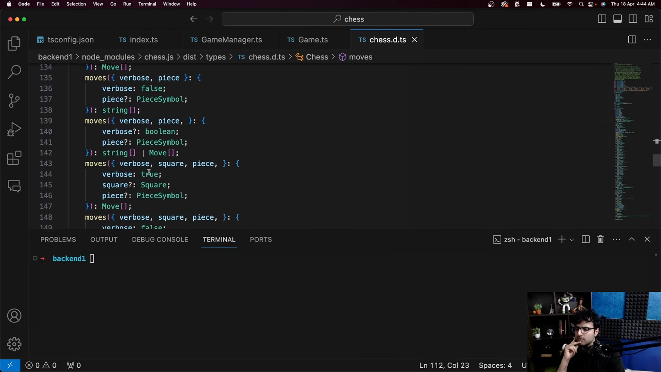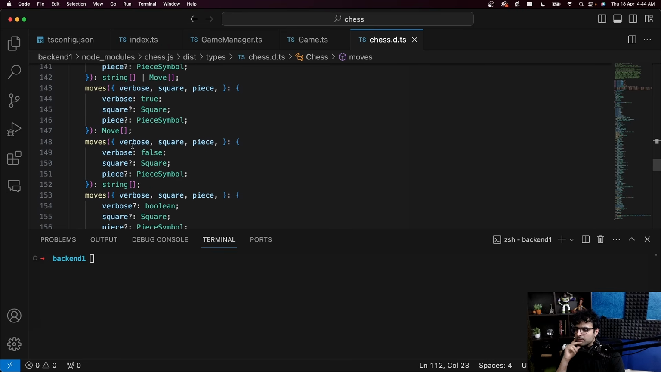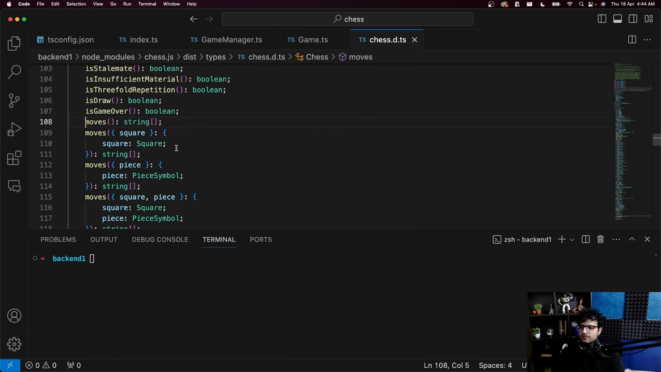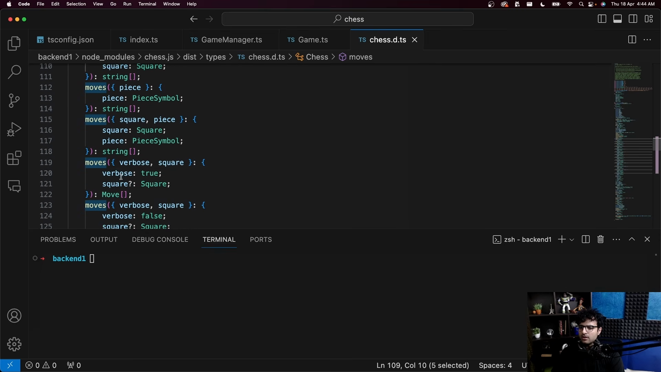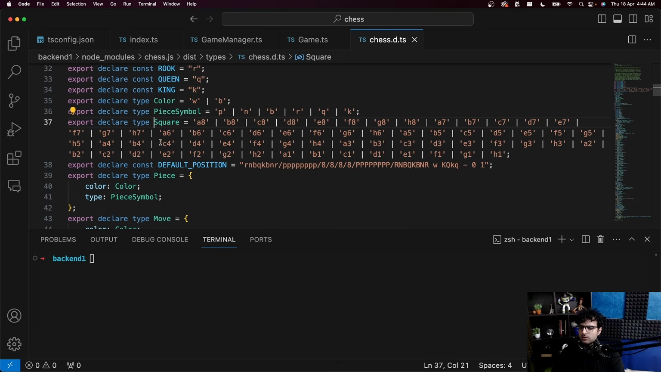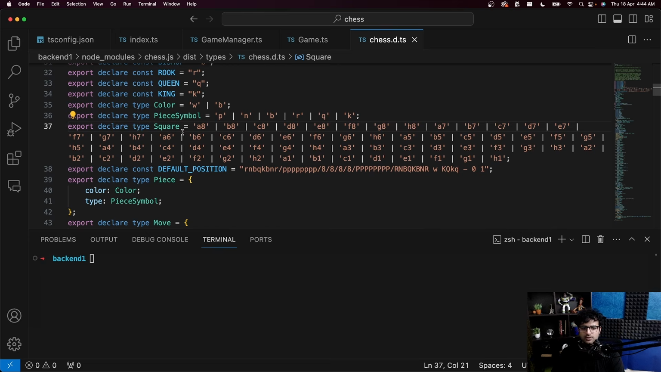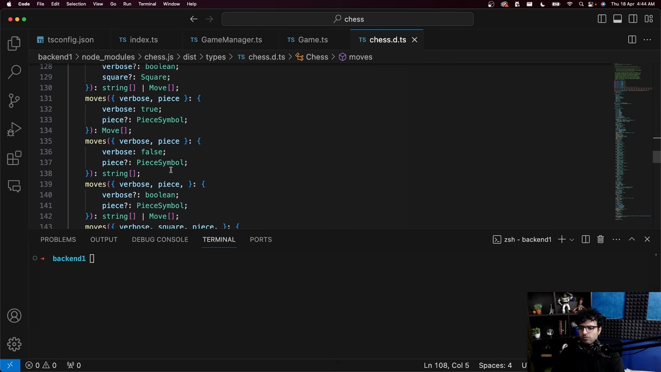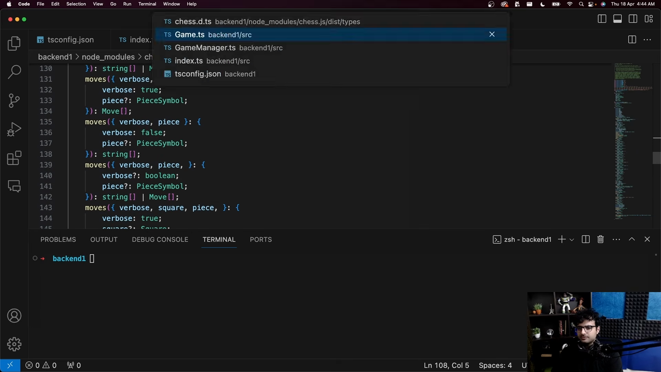Okay, moves takes a bunch of inputs. Move, whatever is move. Oh, this is wrong. We don't want that. What is this? Which one of them returns move array? I guess